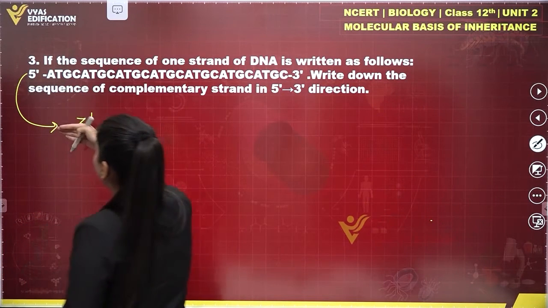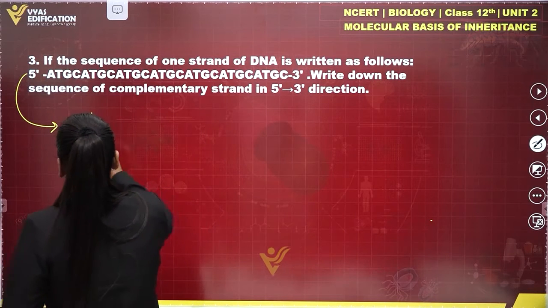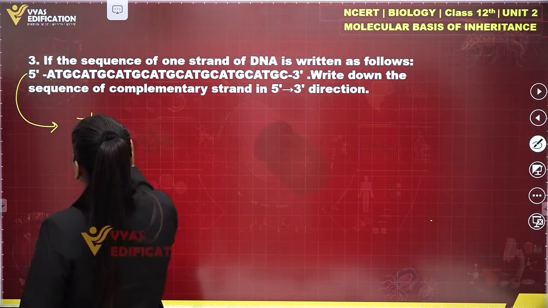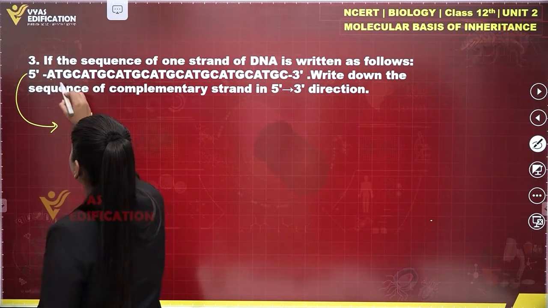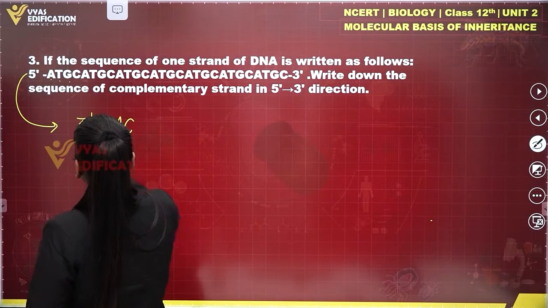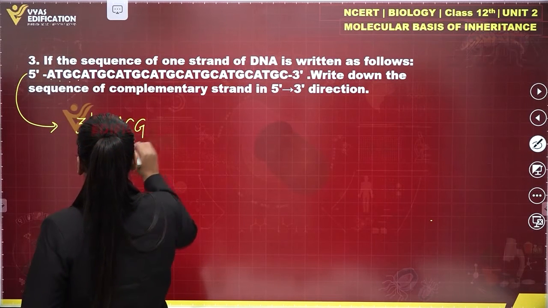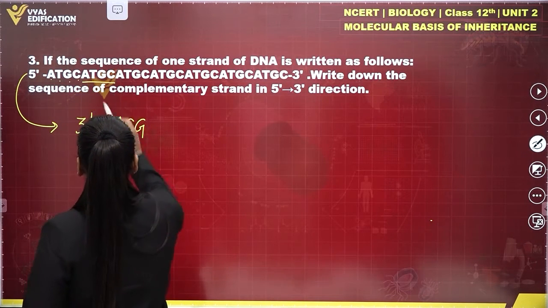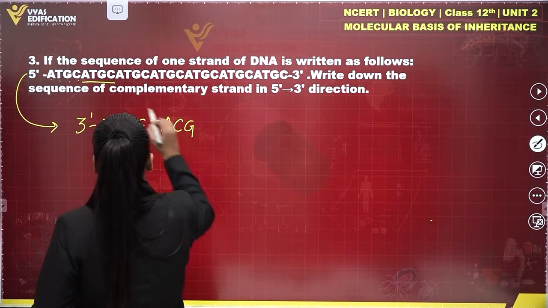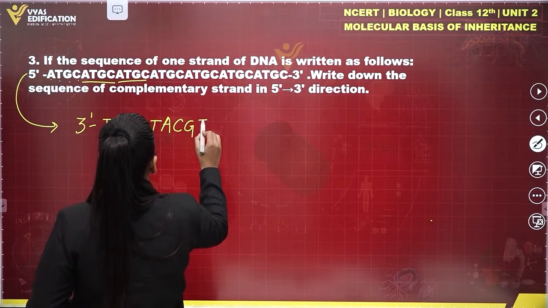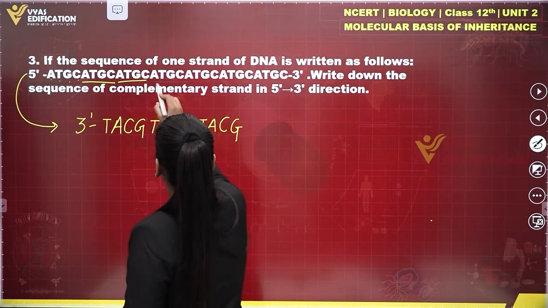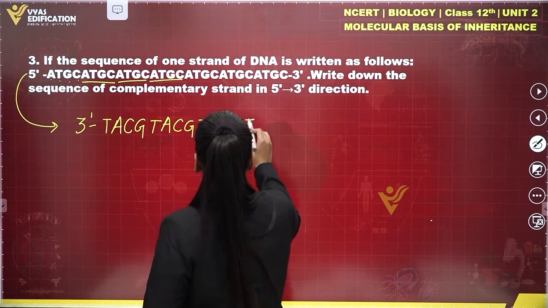This will start with 3 prime and we know that A pairs with T, T pairs with A, G pairs with C and C pairs with G. Similarly, we'll write T, A, C, G,